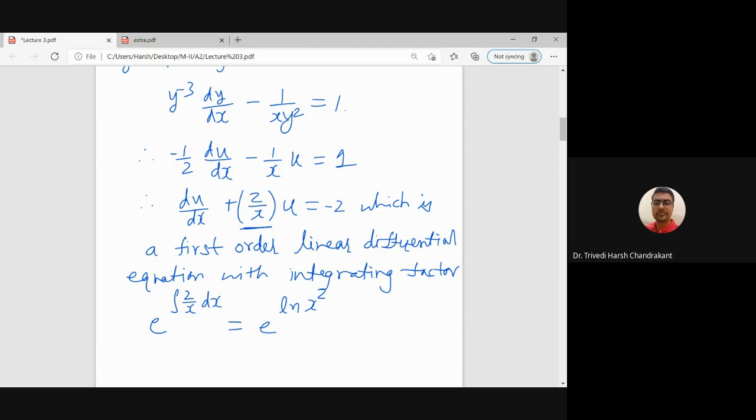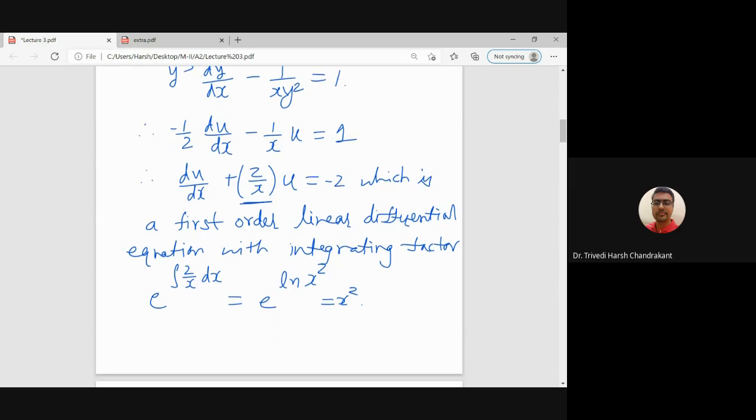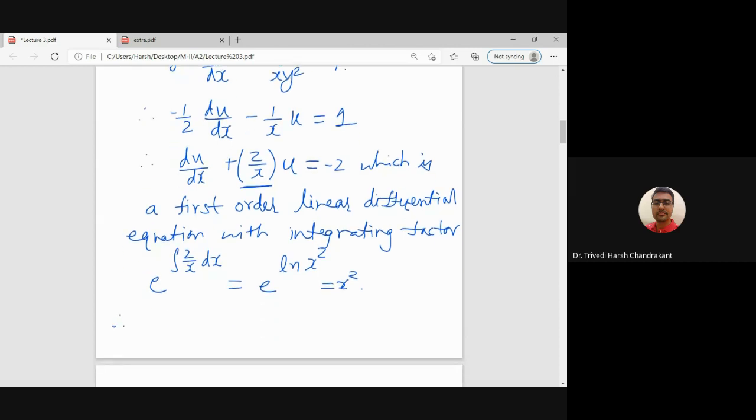And this is nothing but the function x square. So in this example, the integrating factor is x square. So we will multiply by x square, it will become an exact differential equation. So therefore we get the exact differential equation